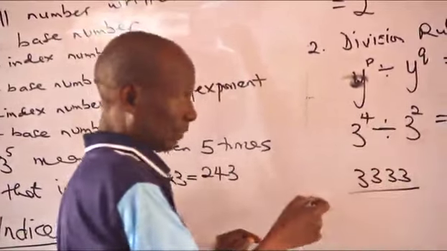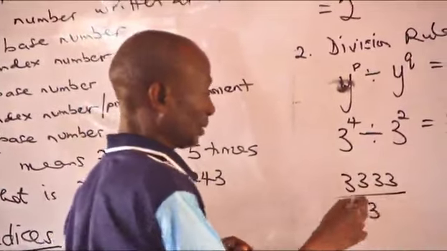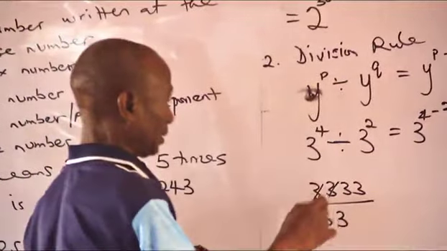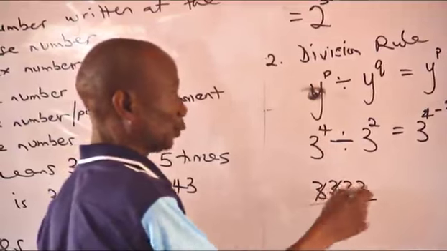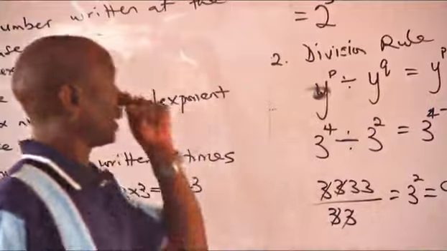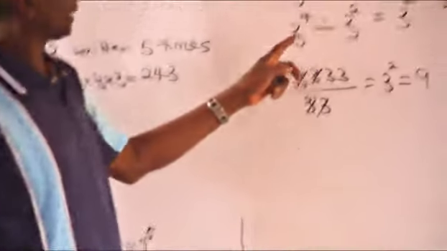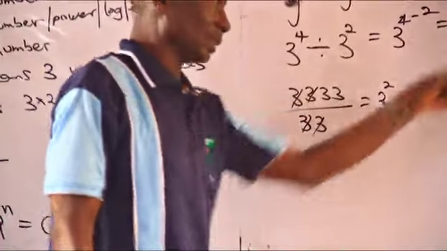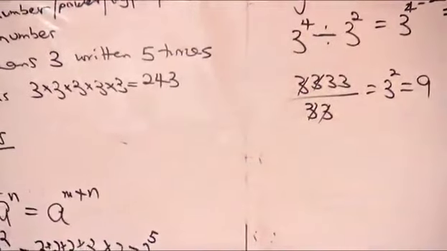Division, this is a line of division. You can write the 3 two times below, then cancel them off. You will be left with two 3s. We say now 3 squared is equal to 9. So like I've set in this example, if the 3 is raised to a higher number, it will not be easy for us to begin to write all those things out.